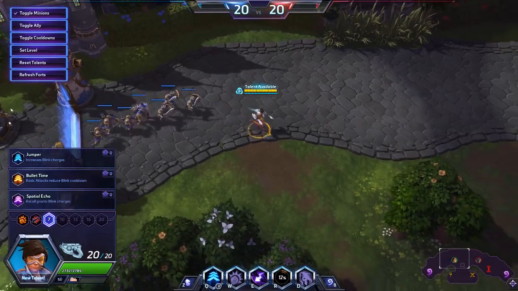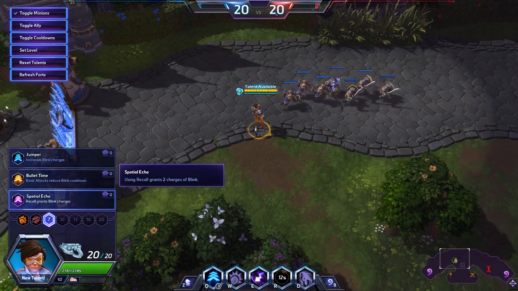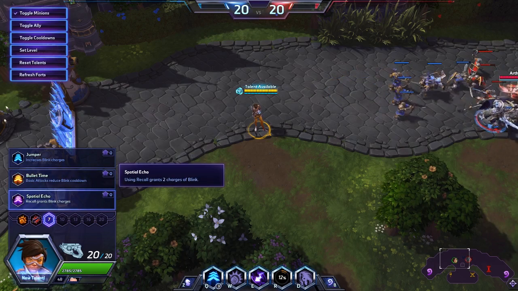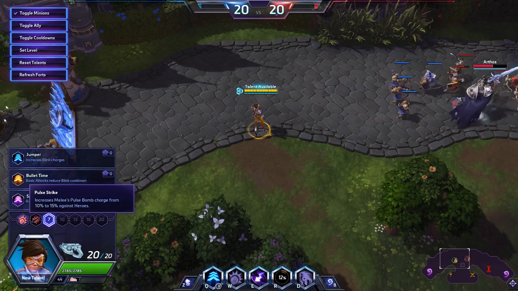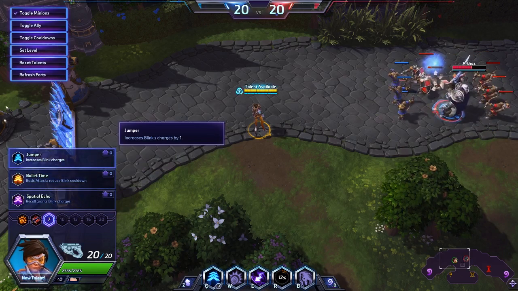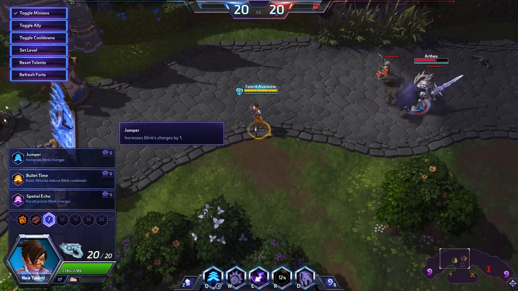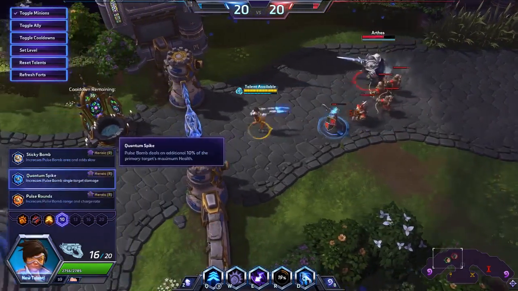Level 7, where we're going to enhance our Blink. There's a lot of really good choices here. I really like the Tracer talents overall. I've been kind of favoring Bullet Time, although I can see Spatial Echo being favorable if you take the shortened cooldown at level 1. Personally, I've been really enjoying Bullet Time with Tracer. I like to stay in the fight and shoot a lot, as much as possible,